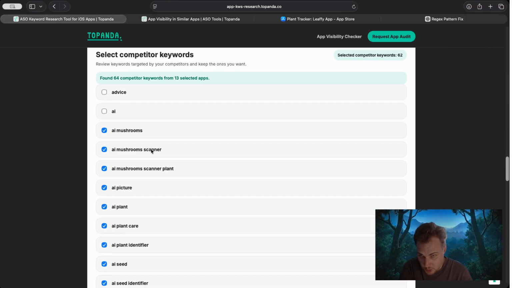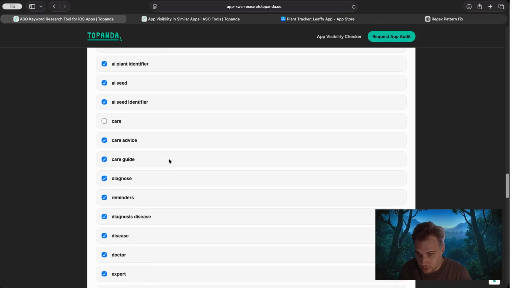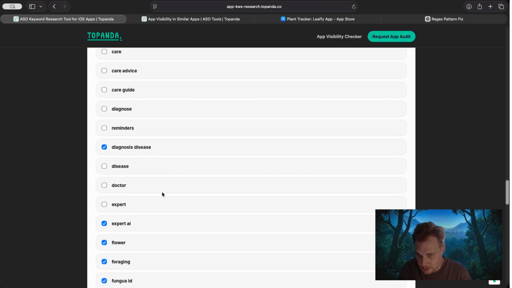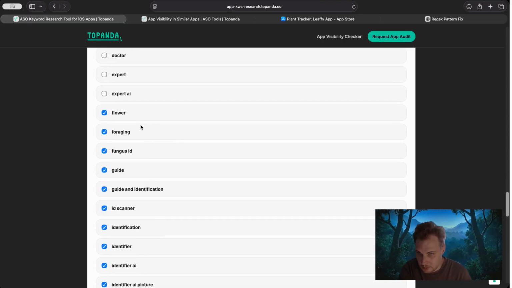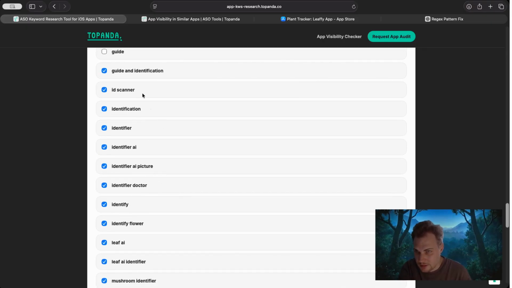I don't want advice. I don't want AI. Picture is too broad. Care is too broad. Care advice, care guide, diagnostics, reminders, disease, doctors, expert AI. Too broad for aging, fungus, guide, identification. Okay. So the long tails are more likely to stay, but everything that is short tail, like identifiers, is